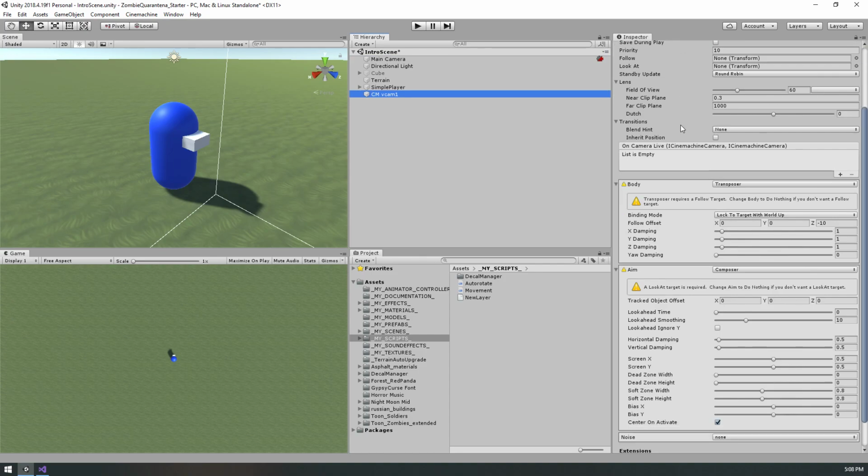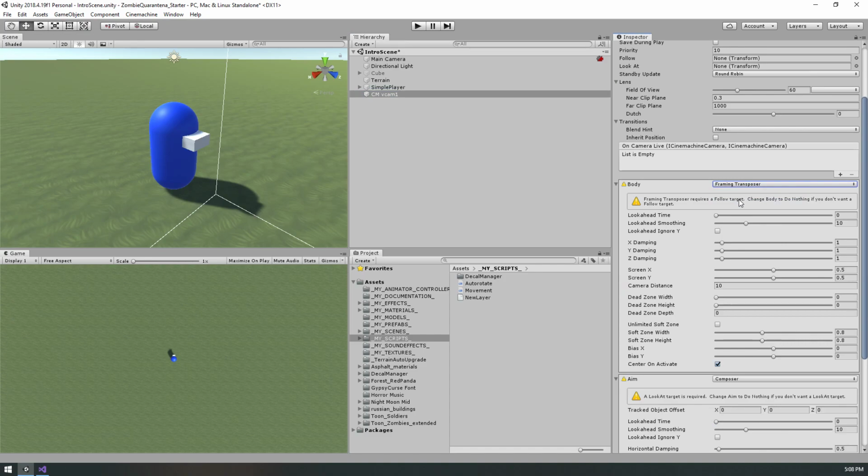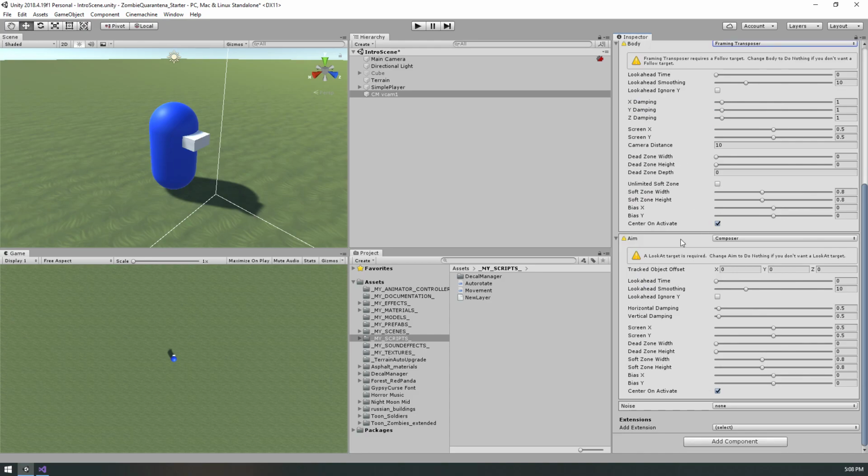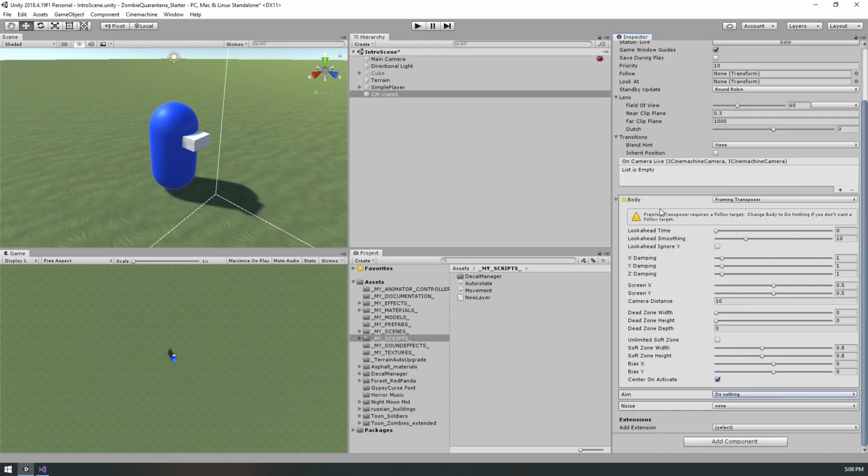So now we need to set some settings. So in the body here, you see we've got some issues. These yellow exclamation points mean something that we're expecting hasn't been set yet, and it's going to cause problems in the game. We're going to change that by changing this from transposer to framing transposer. And we're going to come back and deal with this exclamation point just in a second. And then the aim, we're going to change composer to do nothing. So all that should be activated in here is the body. So we want to follow and look at the